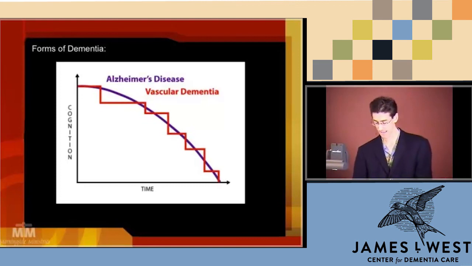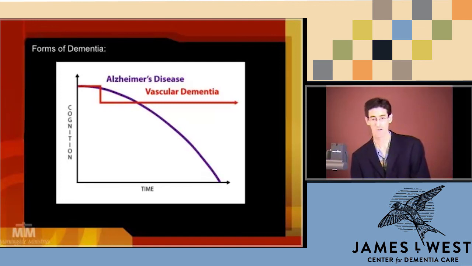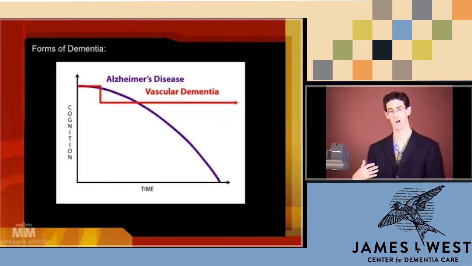And so what's nice, in a way, about vascular dementia is that if you can control for the vascular risk factors, vascular disease risk factors, you're not necessarily declining. And so it's quite possible that a person might have a stroke, and then they get their hypertension and their high cholesterol under control, and they stop smoking, and then they may not step down ever again. They could just keep going along at that certain level. And so it's not this unrelenting